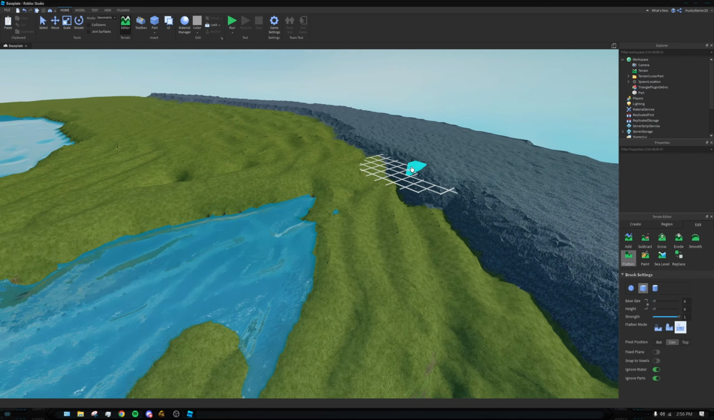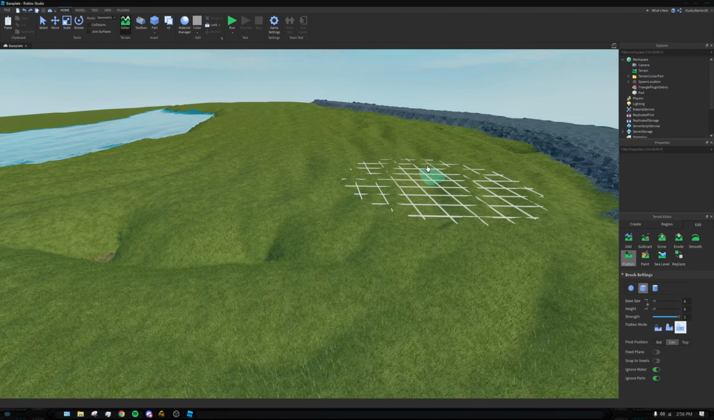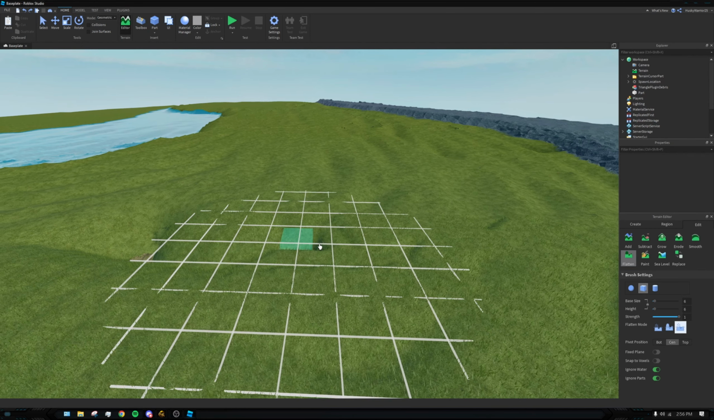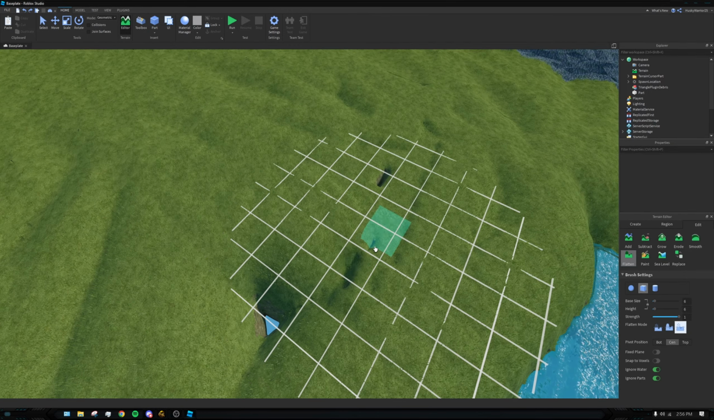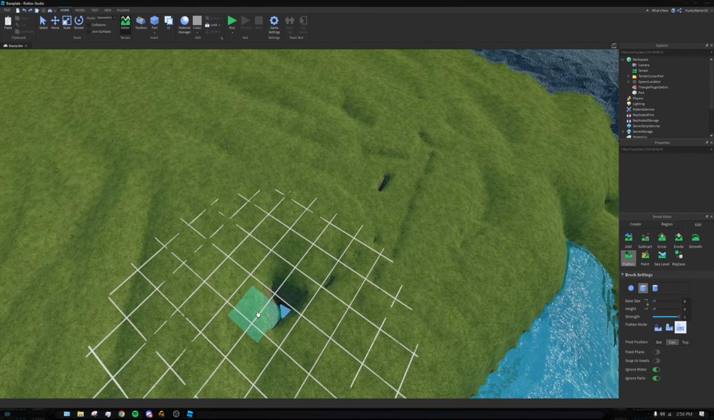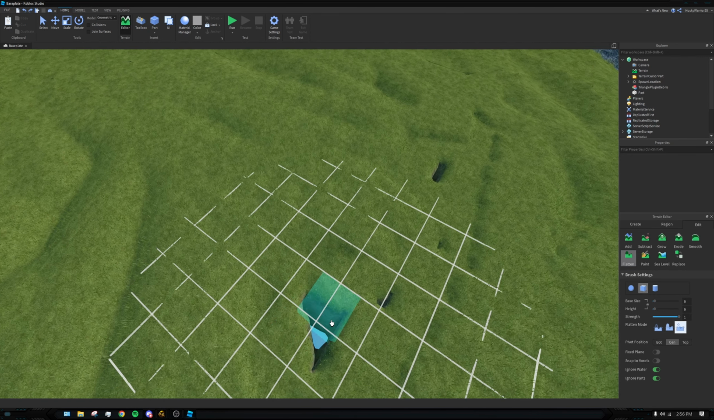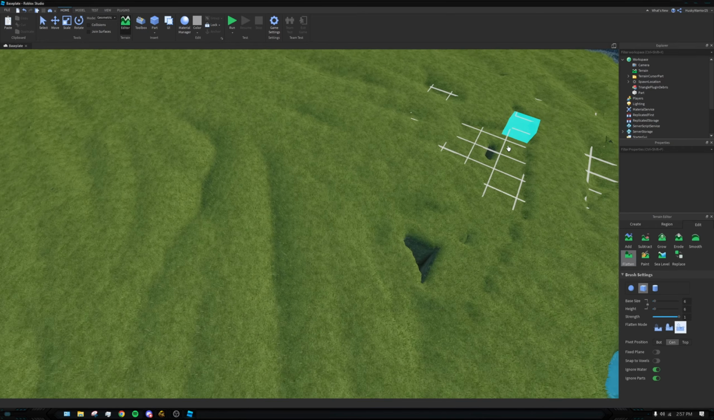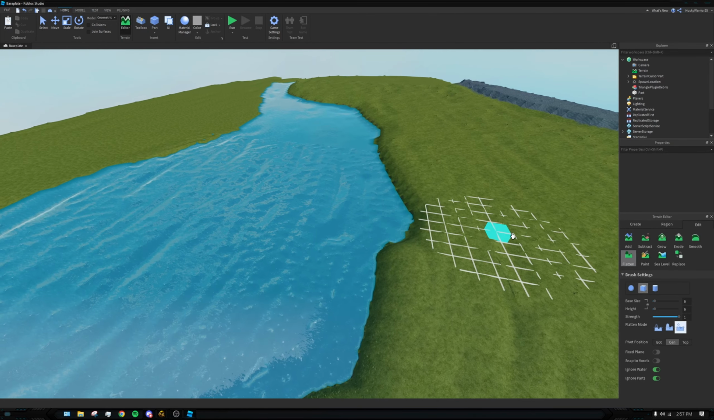And personally, I'm not going to worry too much about how smooth this is. Just for the sake of the tutorial, I'm just kind of doing whatever, just at random. So,